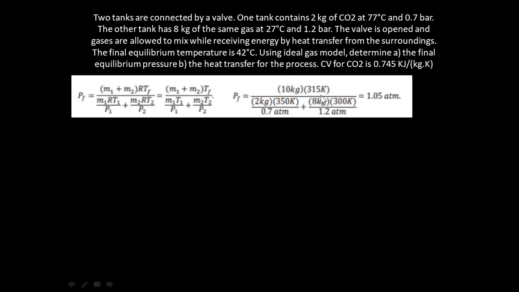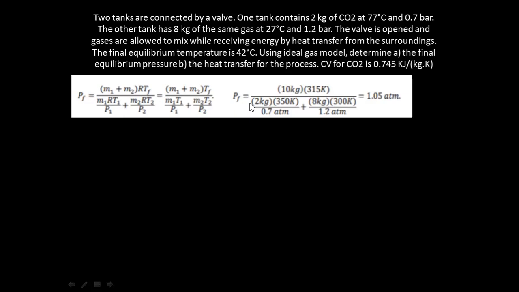For this problem, the degrees Celsius will be converted to Kelvin, so you're going to add 273 to whatever values in Celsius. So the mixing temperature, TF, which is at 42 degrees Celsius plus 273 Kelvin gives us